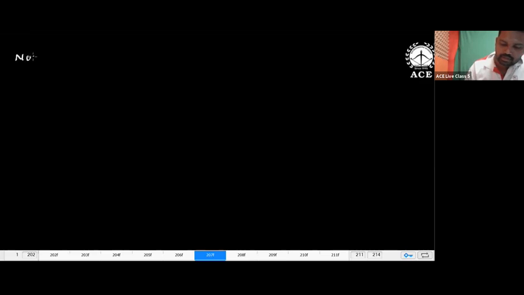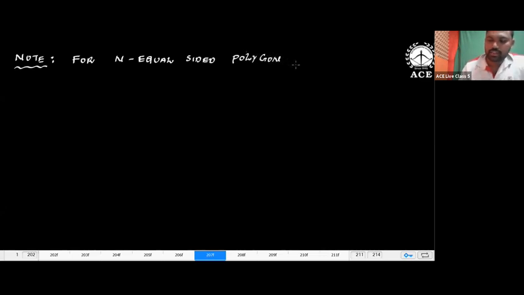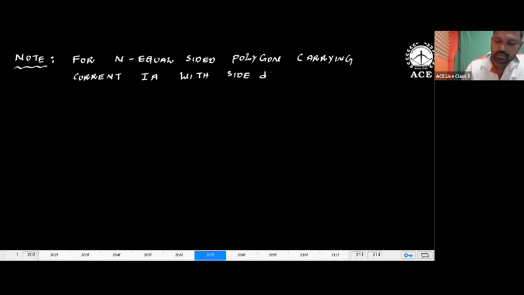Note: for an n equal sided polygon carrying current I amperes with side D, the magnitude of